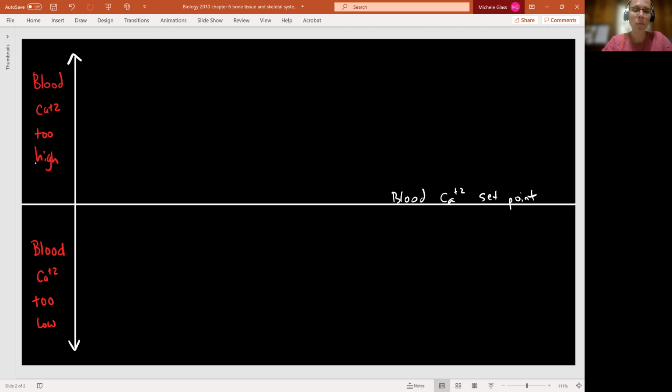What we're going to see happening initially is we have sensors. It's important to remember anything that's regulated in the body has to be detectable by the body. So if we're regulating blood calcium levels, we have to have a mechanism where we detect what those blood calcium levels are to begin with. And so when our levels drop too low, we get a signal to the parathyroid